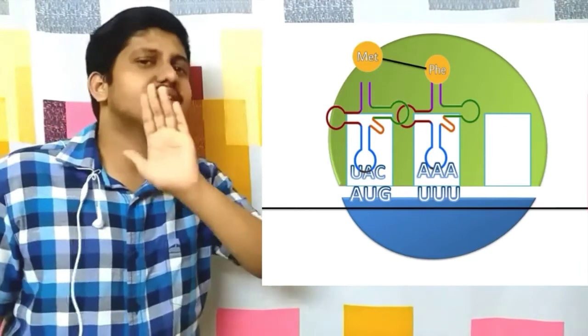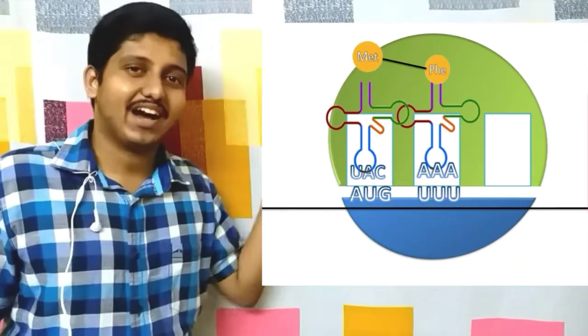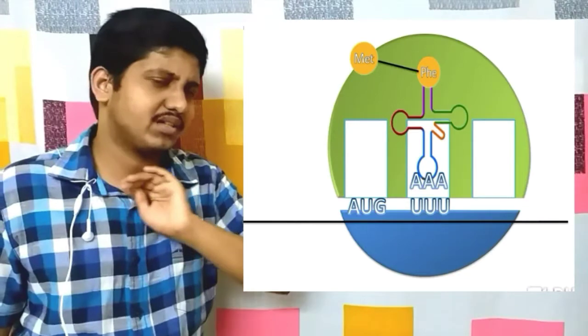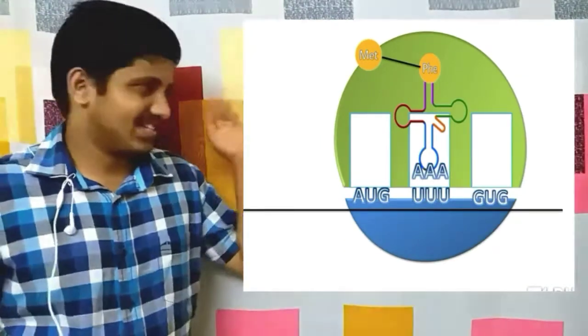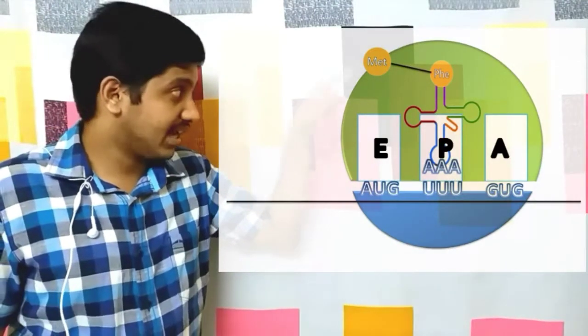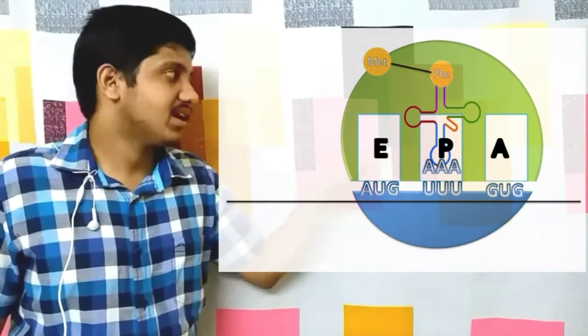The only importance of the exit site is that it is from the exit site that this used tRNA is removed. We are removing that used one off, that's all. We are telling bye bye to it. So what happens then? The tRNA which was present in the A site came to the P site, and then it reads the next codon.